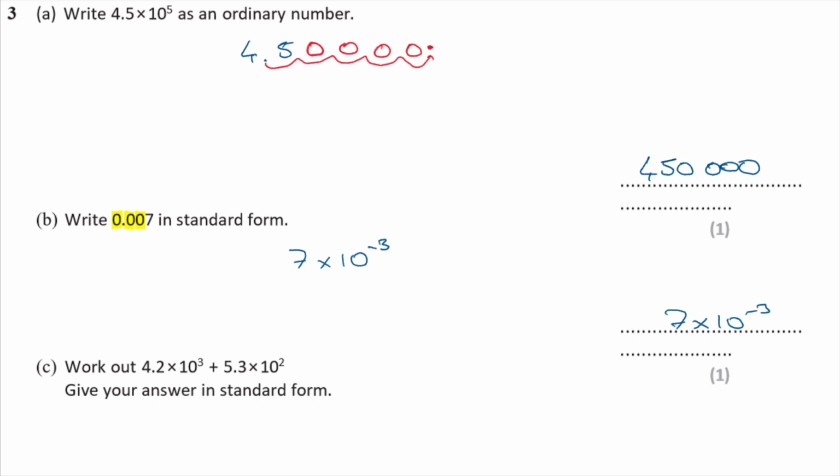Work out 4.2 times 10 to the 3 plus 5.3 times 10 to the 2. Give your answer in standard form. That's really easy with a calculator. You just have to type it in. So